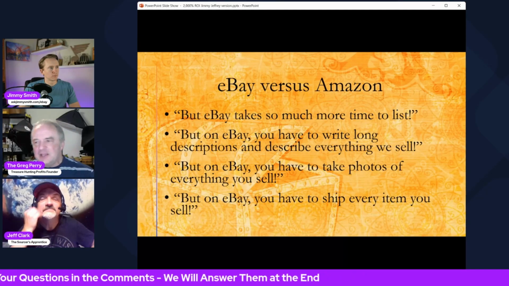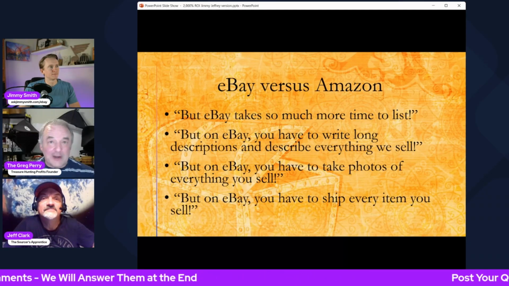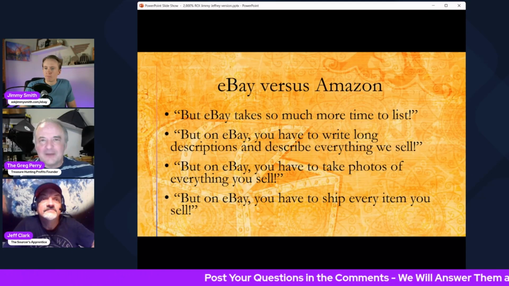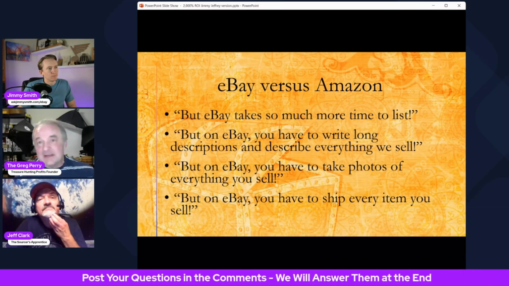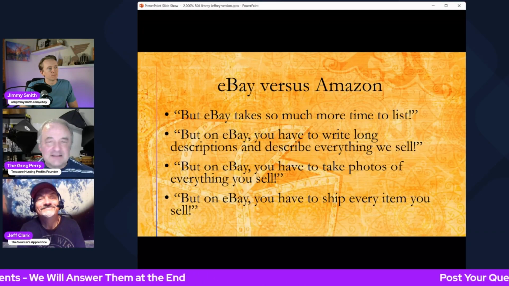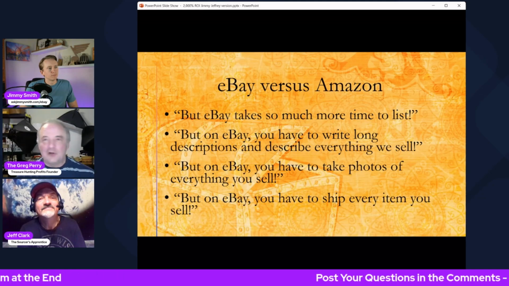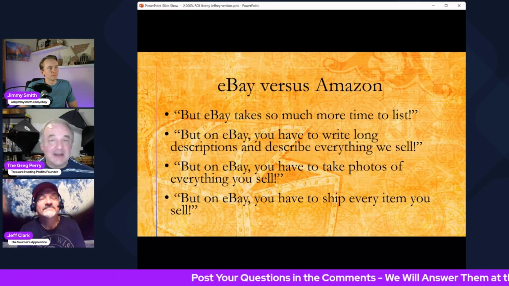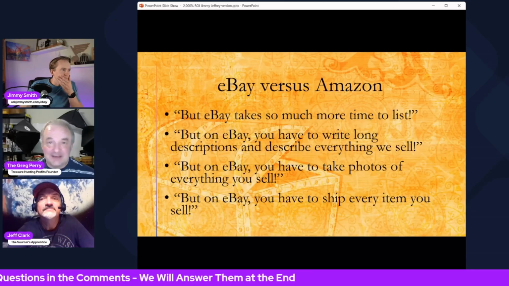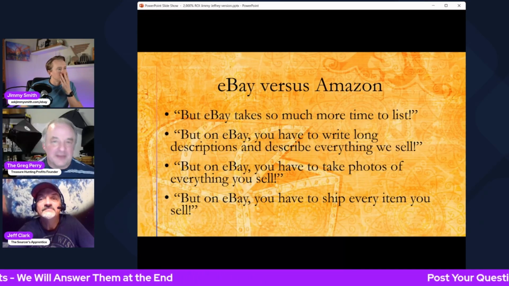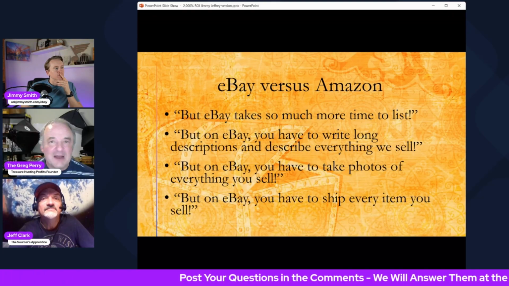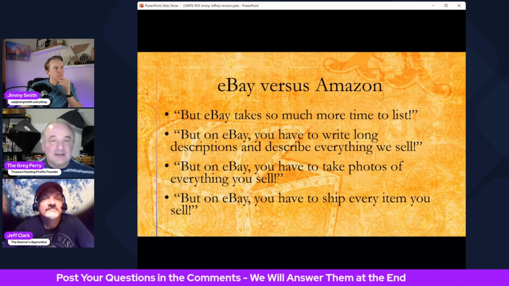Last one. But on eBay, you have to ship every item. For those of you who don't sell on eBay or Amazon, if you want to sell on Amazon, what you do is you just send a huge box of everything you want to sell to Amazon. And then Amazon sells them all individually and Amazon ships them out. On eBay, you have to ship each and every one of those individually. That's nothing. We show you how to do that quickly. If you don't like packing and shipping, it's nothing. We show you the tools to do it very quickly. We show you the packages to wrap some things in like 3 seconds or something. It's nothing. We describe how to ship everything, coffee mugs, glass vases, quickly, safely, and cheaply.